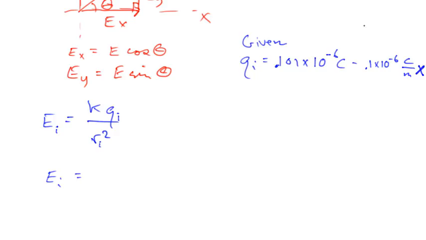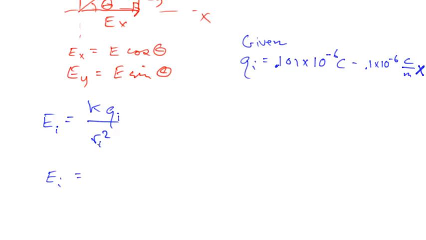Alright, so the amount of charge of a given particle depends on which particle you're dealing with, and particularly depends on where that particle is, depends on the x value. So I'll consider Q sub I known at this point,